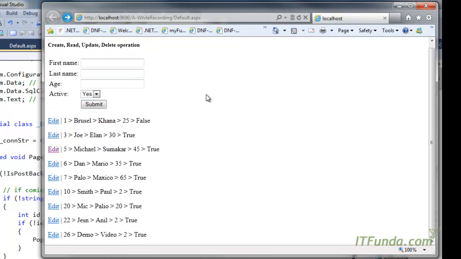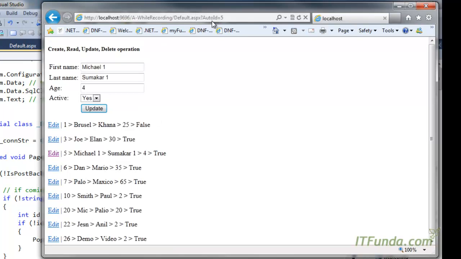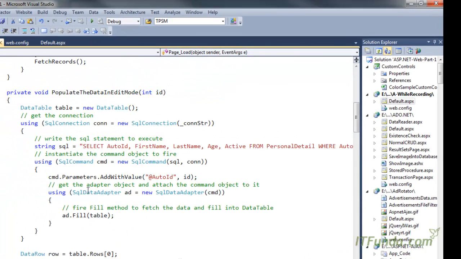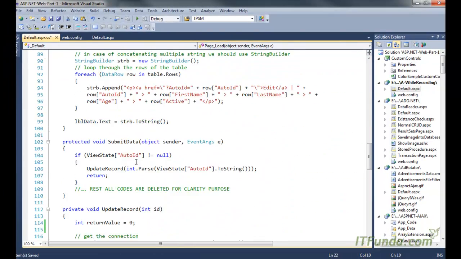Now let me walk through all the steps that we have followed to update the record in the database. First, we listed the records. On click of edit, we are redirecting to the same page with the auto ID, and using this auto ID we are populating the records into edit mode, and then the user will update the record, meaning write whatever value he wants in the form, and when he clicks update, then using the view state that we had stored here